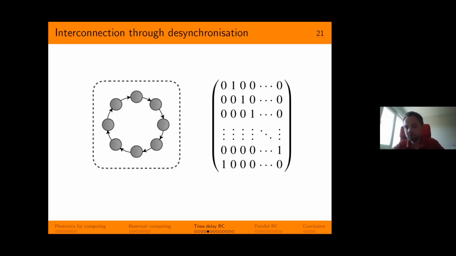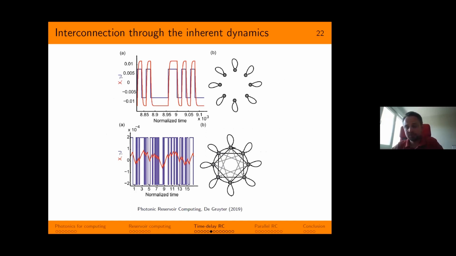Mathematically, it corresponds to the big W matrix of this form, where all the elements are zero, except one line of non-zero elements next to the diagonal, which symbolizes the fact that each neuron is connected to its closest neighbor. The second idea to introduce interconnection in the system is to use the temporal dynamics of